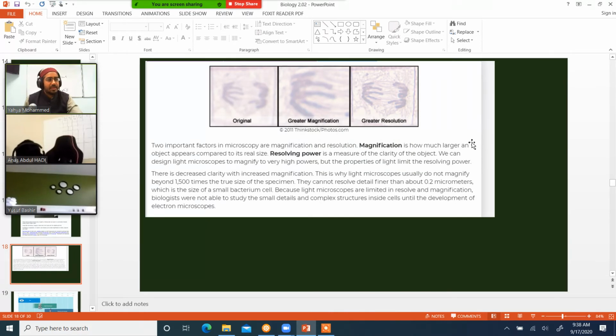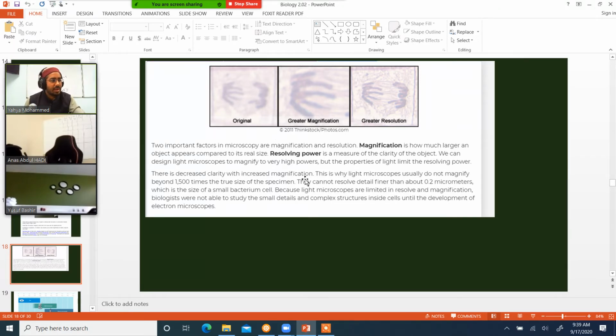So now, let's suppose we take this picture on the left and I zoom in more. I magnify, and it becomes bigger. But if it's blurry, it doesn't matter all that much. When you talk about microscopes, there are two important things. It's not just the magnification; it's also the resolution. Resolution is the detail that you can see. So there's an important concept, apart from magnification, called resolving power.